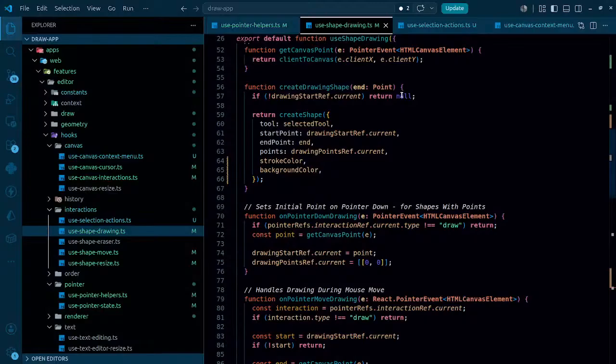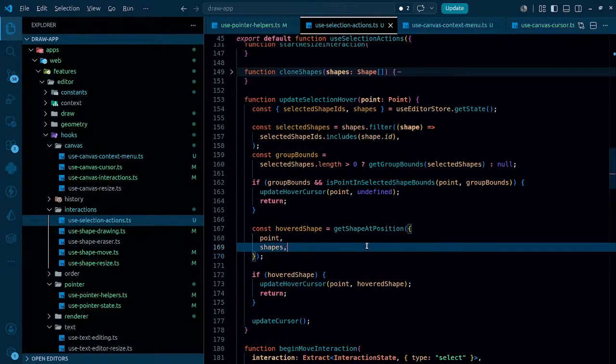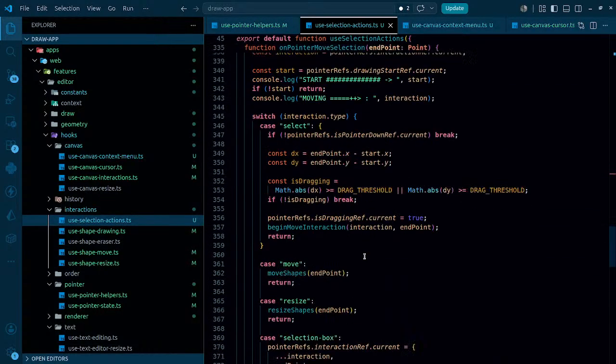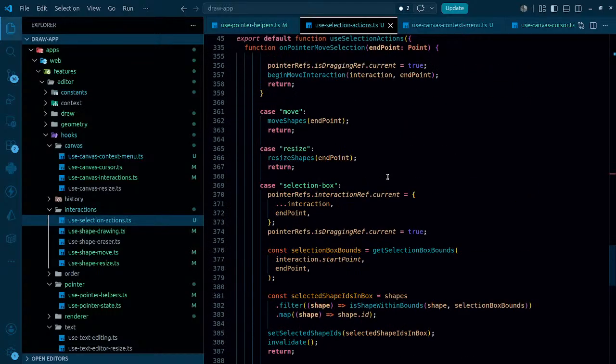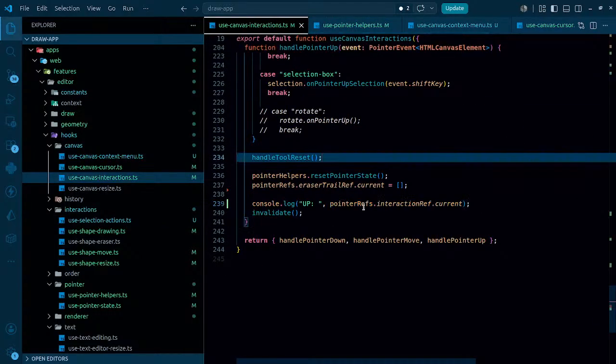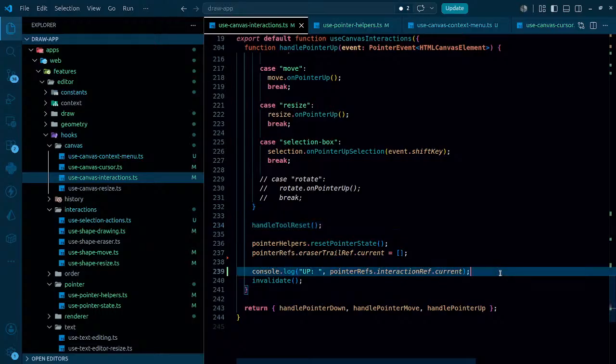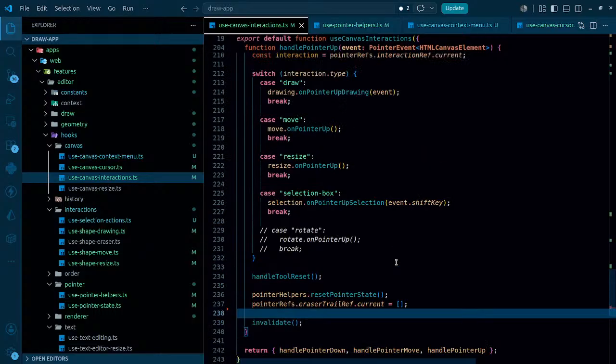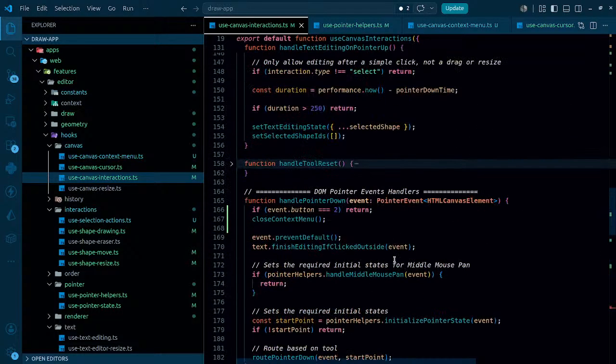That's okay, get rid of this. Once this particular thing is done, then overall things seem to be fine. Let's just simply get rid of this. We are invalidating everything, and